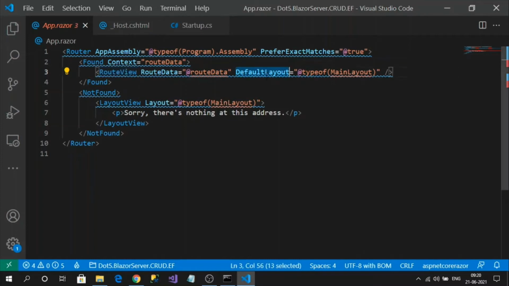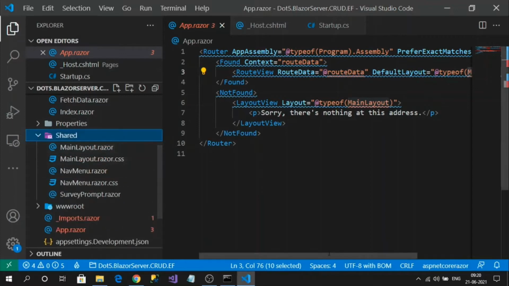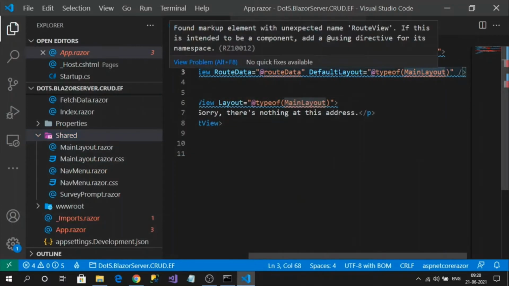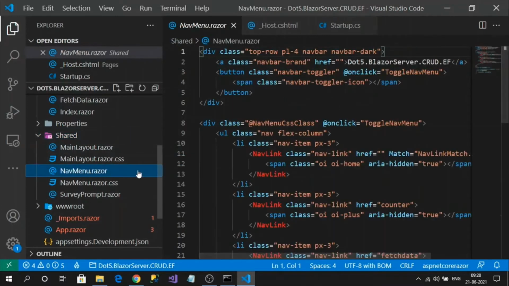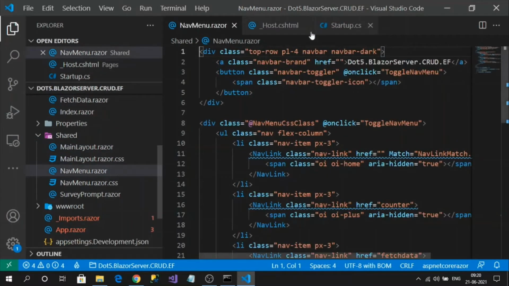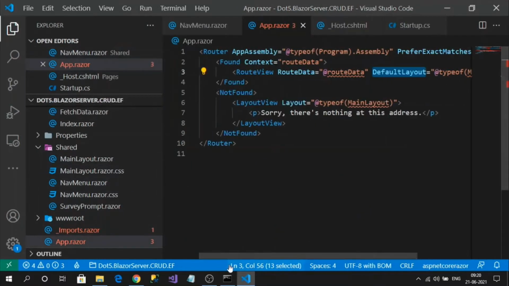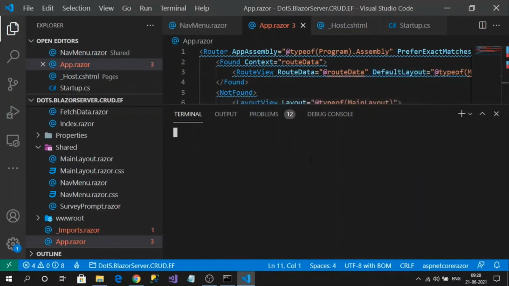And here you can see layout. Here also there are some templates like layout, just like in any MVC or Razor page applications. These layouts are also Blazor components only. In Shared you can see MainLayout. This layout is loaded here as the default layout, and then NavMenu, which is used in the MainLayout. So that's how App.razor helps to trigger the execution point. Let's run it and understand much better.